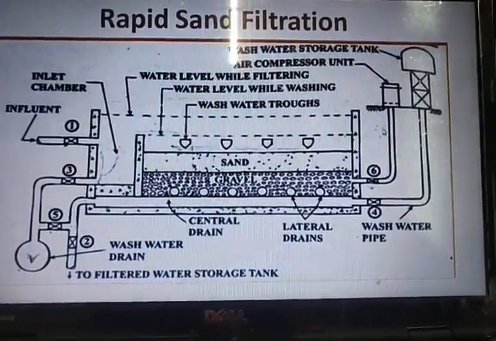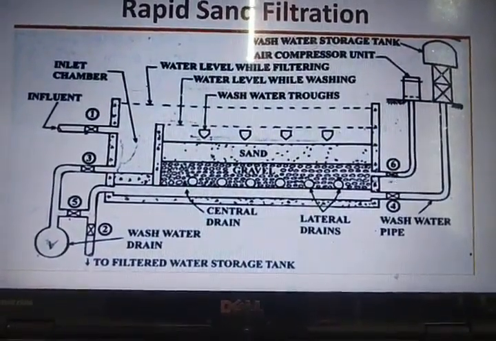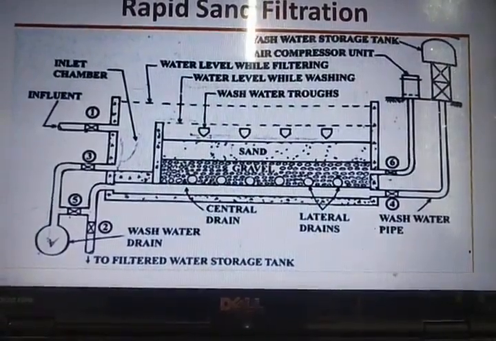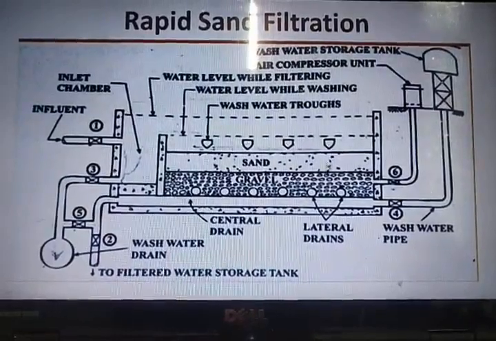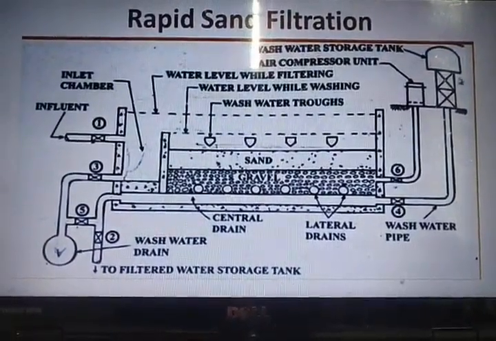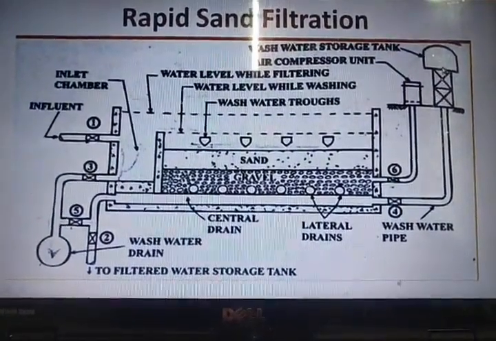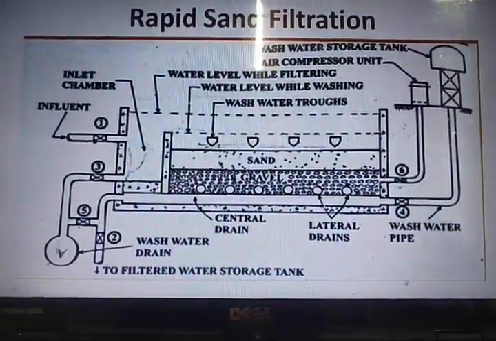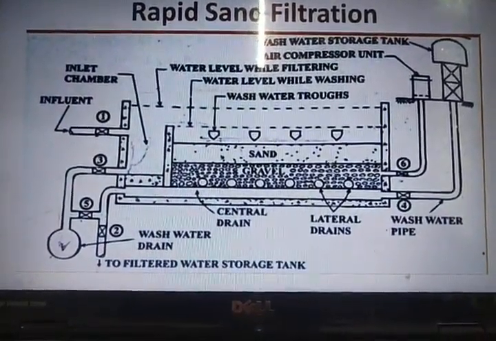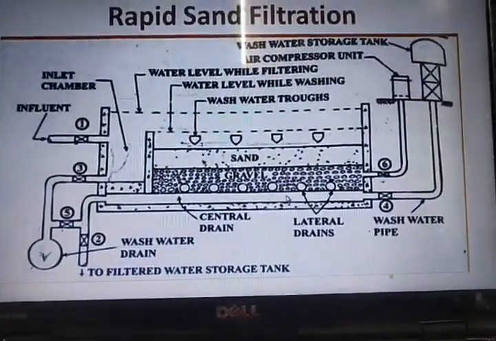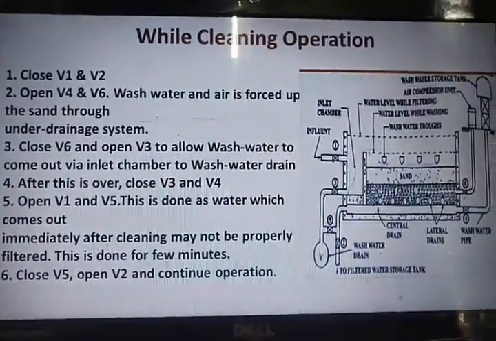And this is the air compressor valve, that is the air compression unit along with its valve, which is used for the backwashing process to clean the impurities entrapped in the sand and base material. And this is the clear water or wash water storage tank, so that the water is available for the backwashing process. By opening this valve V4 during the backwashing process, we will allow the water to enter from the bottom.